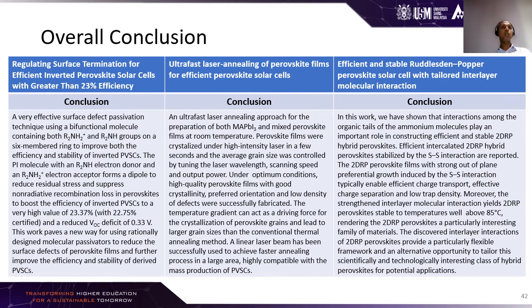The PI molecule with an R2NH electron donor and an R2NH2+ electron acceptor forms a dipole to reduce residual stress and suppress non-radiative recombination losses in the perovskites to boost the efficiency of the inverted PSCs to a very high value of